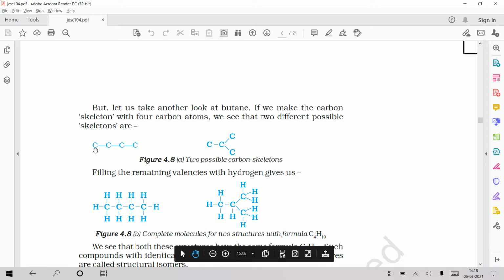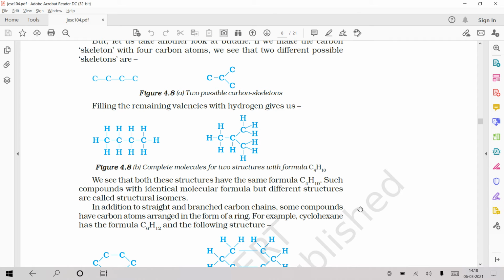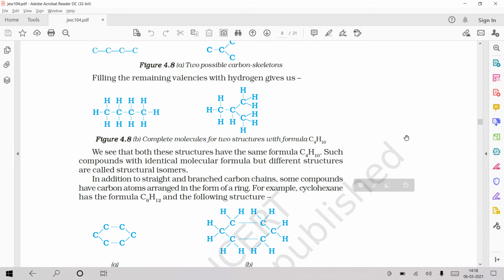For example, if you can see this last carbon having only one bond, how many does it still require? 3 more bonds. So I have given 3 hydrogens, 1 2 3 hydrogens. Clear? So next carbon is here. This carbon is having 1 and 2 bonds already, so it requires 2 more hydrogens. So give one hydrogen, one hydrogen. So like this, for each carbon you can give the hydrogens based on the valency to satisfy, that is 4. So these are the two different structures. Both contain the same molecular formula, but their structure is different.